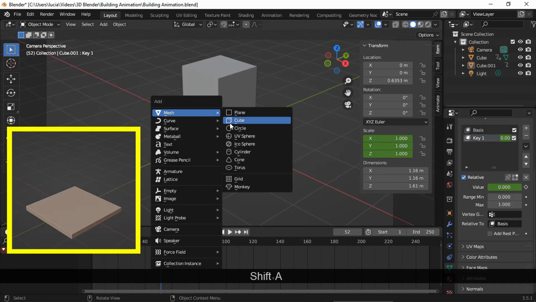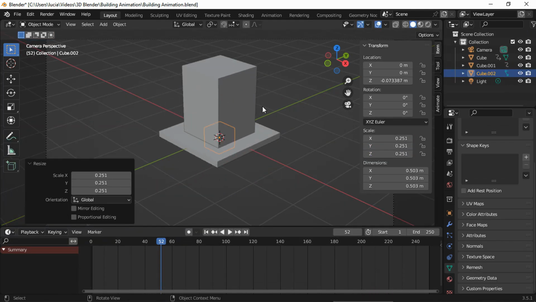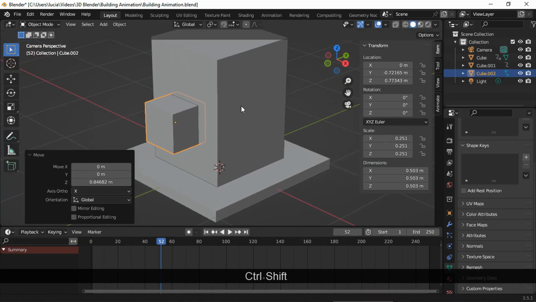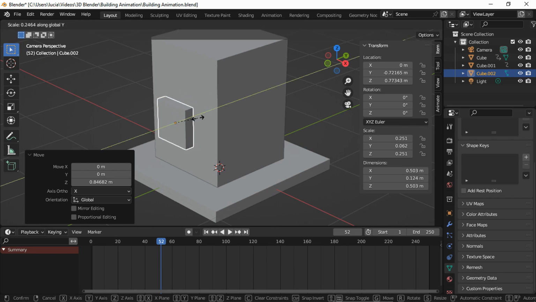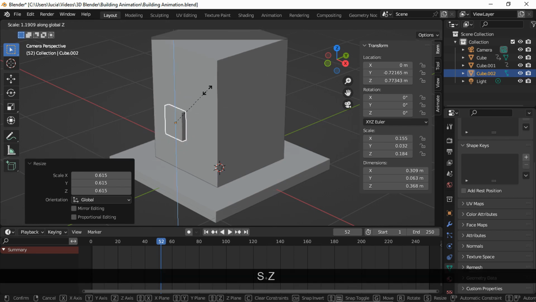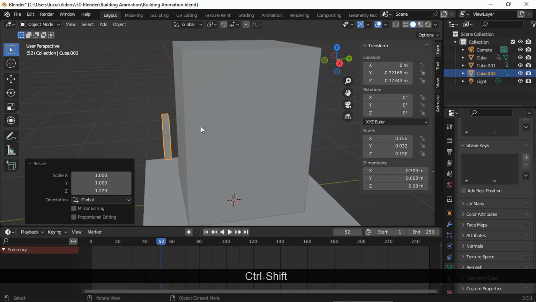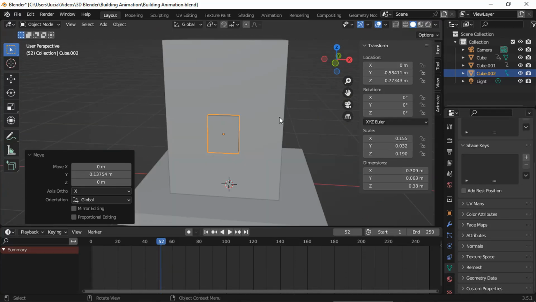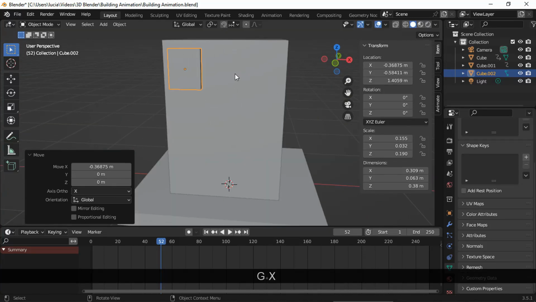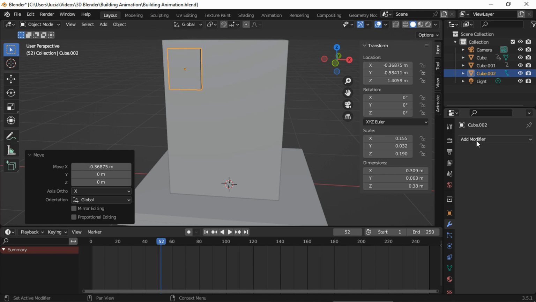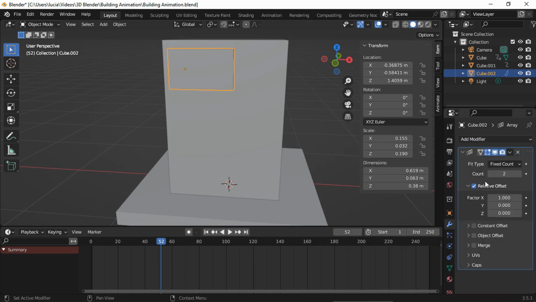To create the holes for the windows, add a cube, and we're gonna use this object as a boolean. So make sure it is a bit inside the building. I want several windows, so I'm gonna add an array modifier.